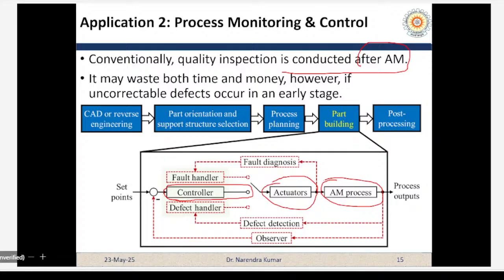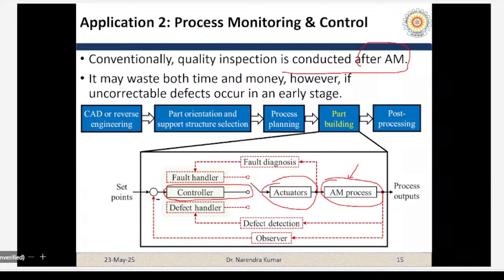These three components are required. If you have an open loop system, it has only a controller and an actuator, where actuator means the temperature heaters, right, and sensors. These components are there, but they are not taking any feedback from the system or the environment. Now controller, actuator, and AM process are there in the normal conditions, but when you apply machine learning,